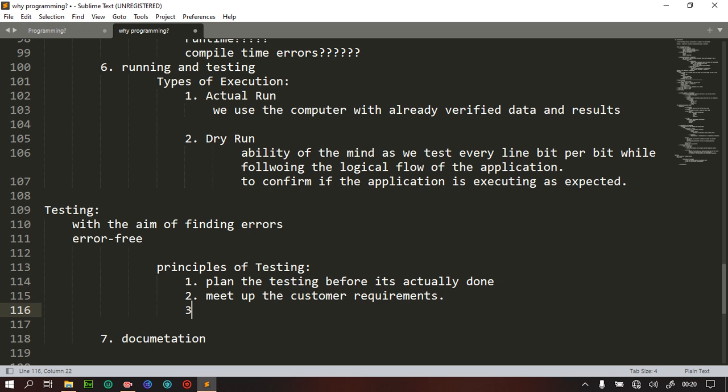In the beginning of this session I said assume you are working for a client. Assume it's a business project. At the end of the day, however long it may take, you are to deliver this application. So your tests, are they meeting up the customer requirements? Three,